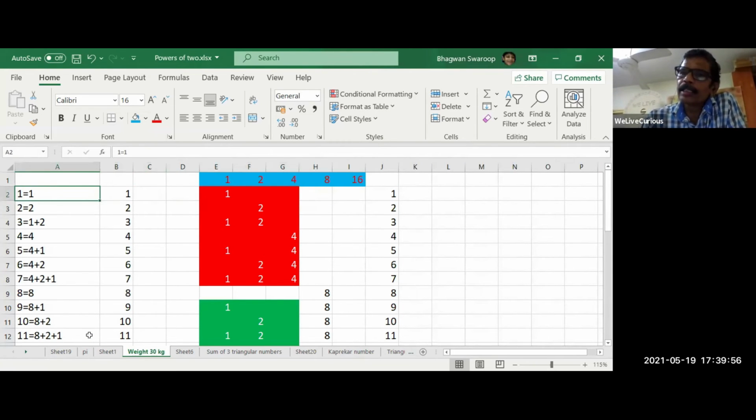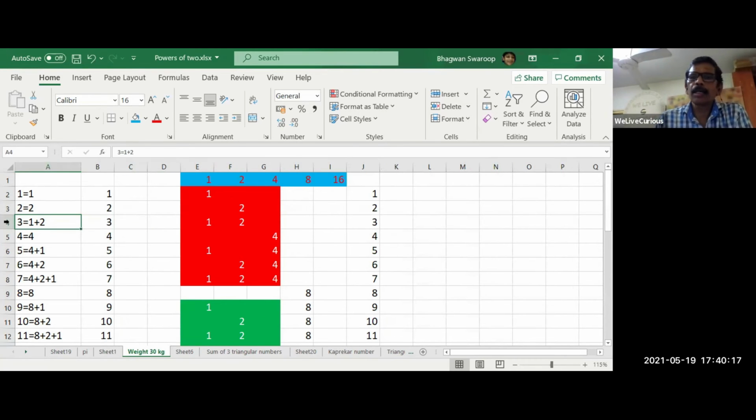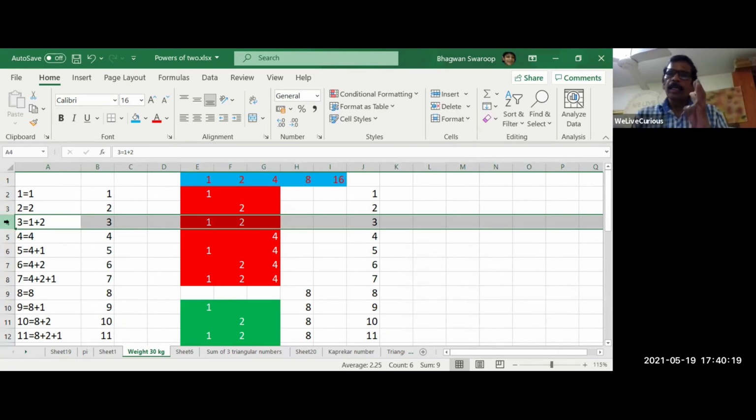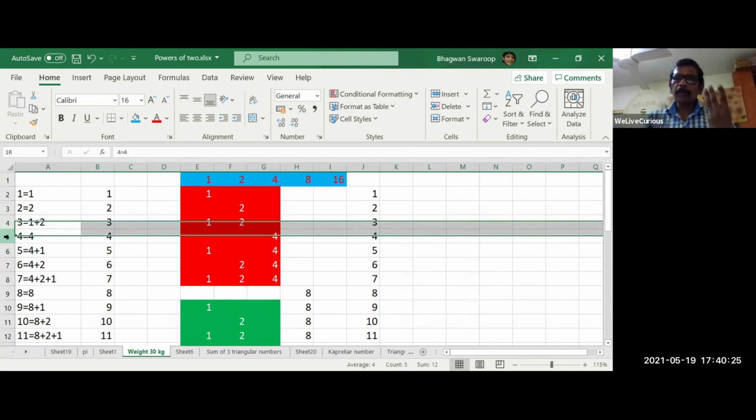So what will we do? We will give him 1. We will measure 1 kilo here, 1 kilo here. Take the material. Okay. Now can we measure 2? See, 2 is equal to 2. 2 here, 2 here. Job done. Now, can you see the movement of the cursor? For 3, we will take a weight of 2 and 1. It is 3.